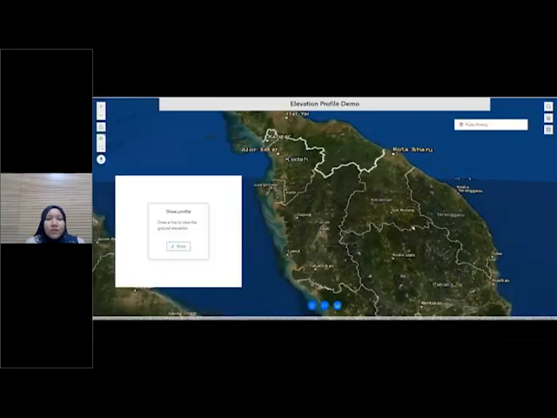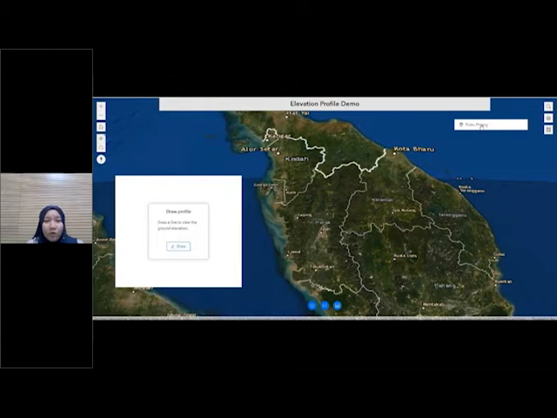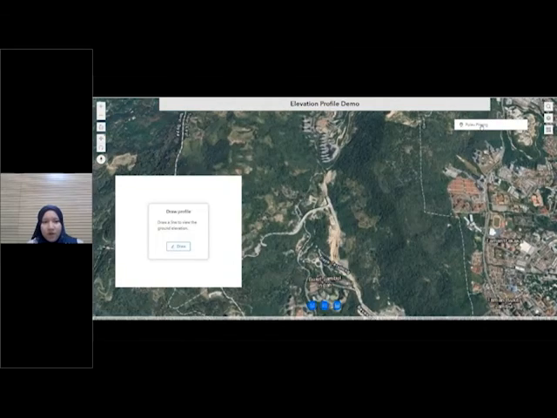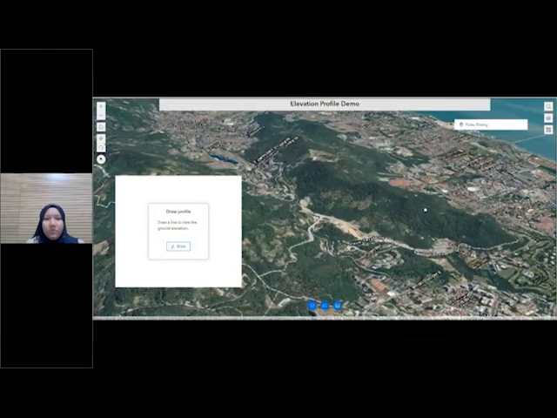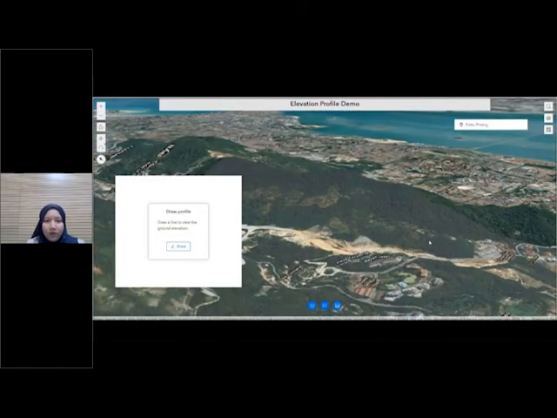Next, we're going to talk about the elevation profile demo using the Experience Builder. Okay, so this is our ArcGIS Experience Builder, and this is how you use the elevation profile demo. For example, we go to the Penang area. So we want to see how this slope will affect the road below